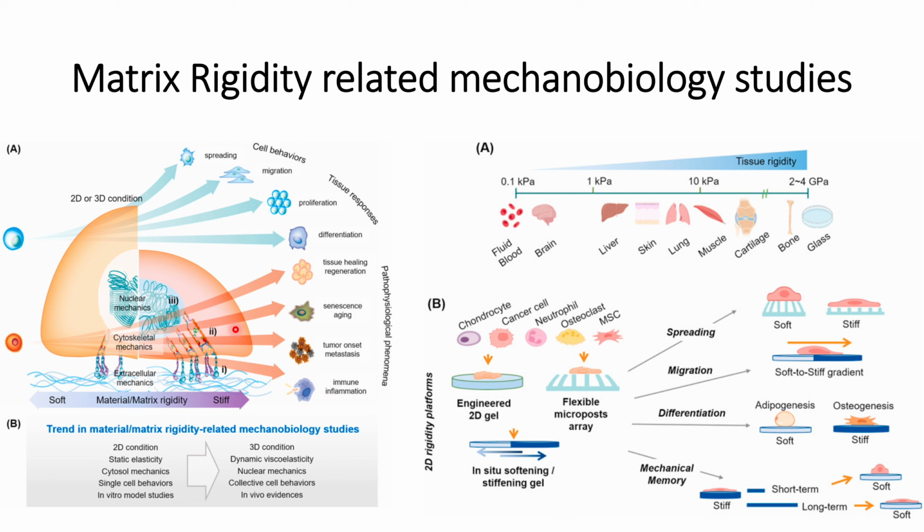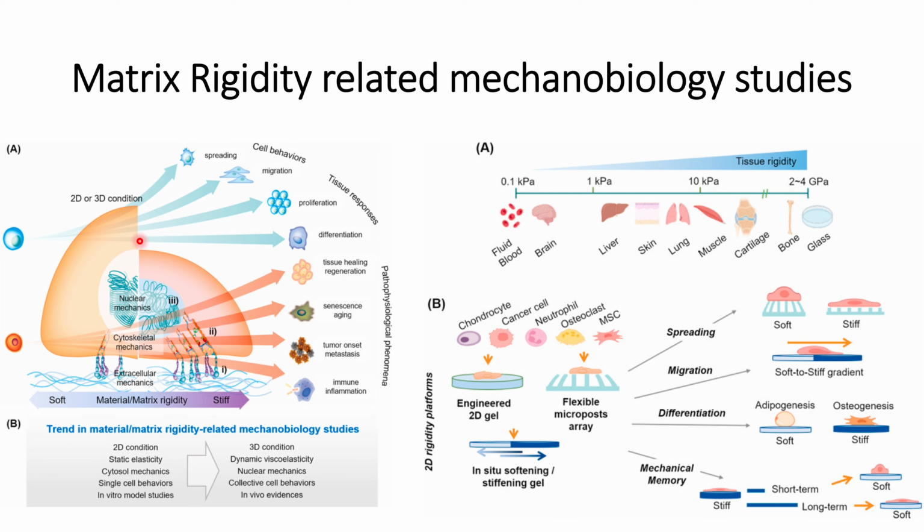At the same time, it might also cause senescence aging. Senescence aging means that cells will continue to survive, however they will not grow. So cells will still remain at the senescence stage, and this could be because of the mechanical-biological forces when the